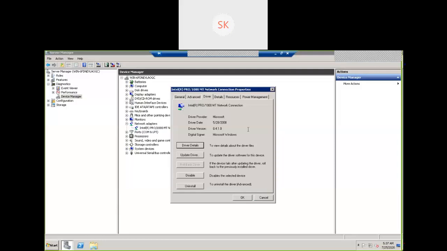Okay, we can see what the driver release date is. The release date may be 2008. Now we are in 2020, so there will definitely be an update. While working in server administration, we need to make sure we update the patches and keep them up to date. At the same time, whatever hardware we are using, the device firmware and the device driver must be kept up to date.